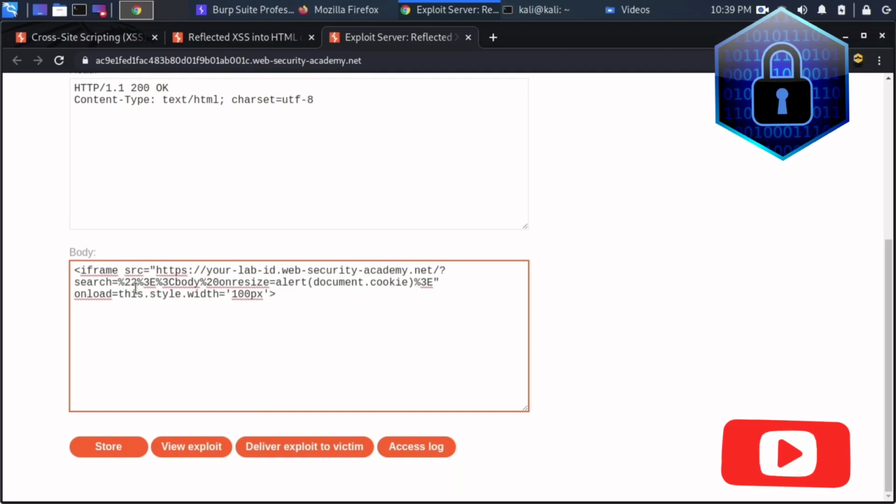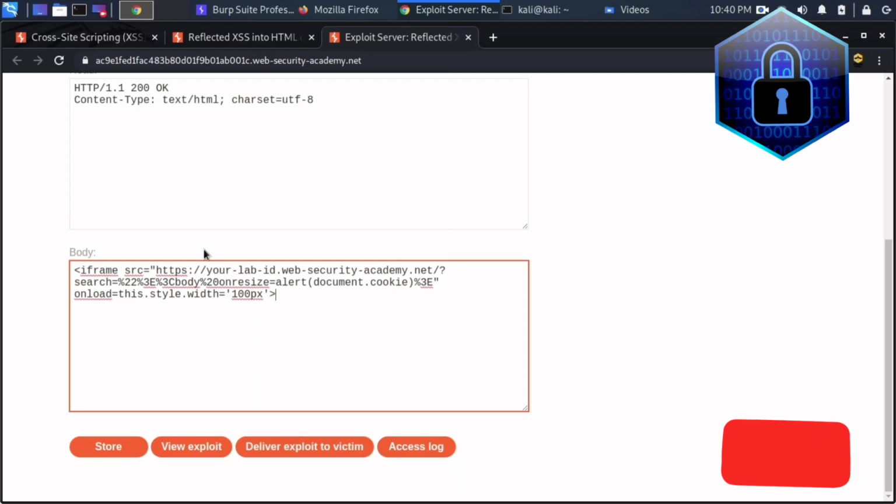This is nothing but the greater-than symbol, body, and %20 is nothing but the space, onresize alert document.cookie, again the less-than symbol. This is how you can solve this. Onload, this style, and we have to specify the width.